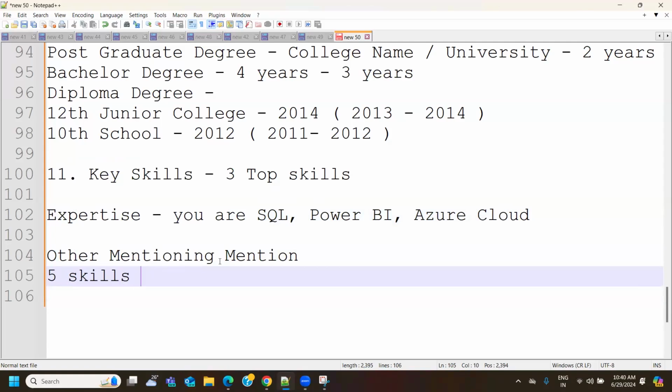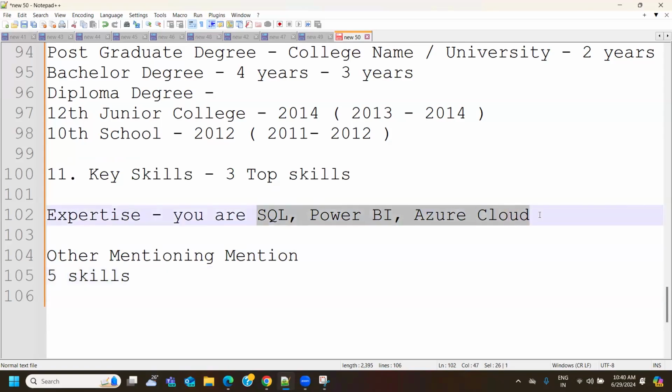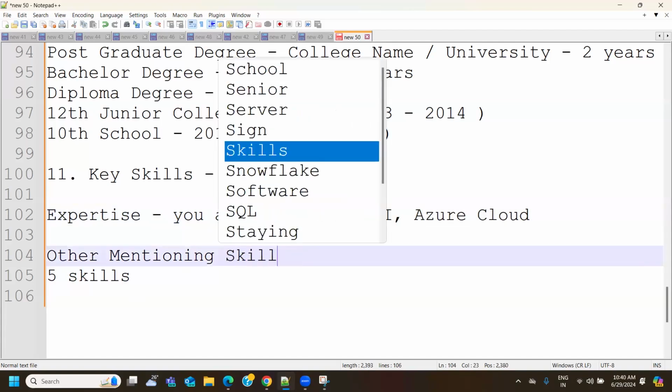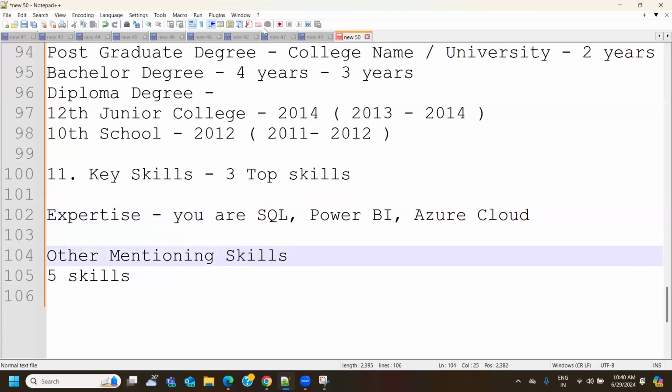So always add five skills in the other section and three skills in the topmost. Eight skills are more than enough for people with 4 years or less of experience, or people joining this industry. If you mention your top 3 skills and only 2 skills in other skills, that should also be fine. That won't be any problem.